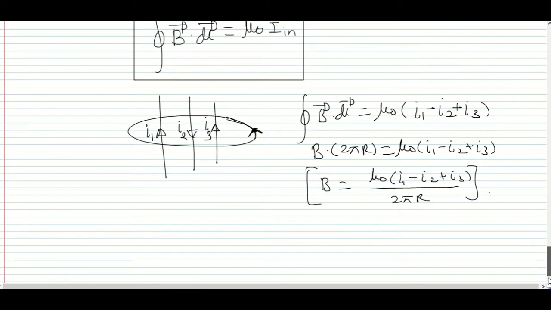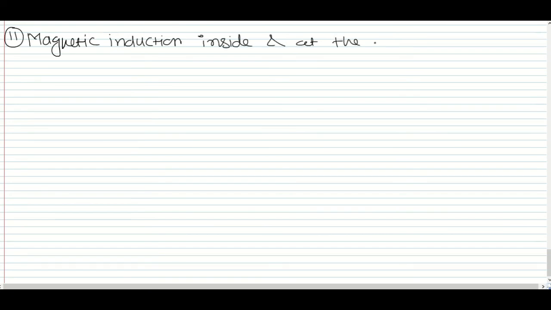Next one we have, and that is the 11th one, magnetic induction inside and at the ends of a current carrying solenoid. So for a current carrying solenoid, inside and at the ends, what will be the